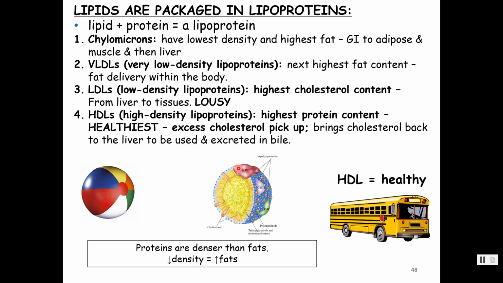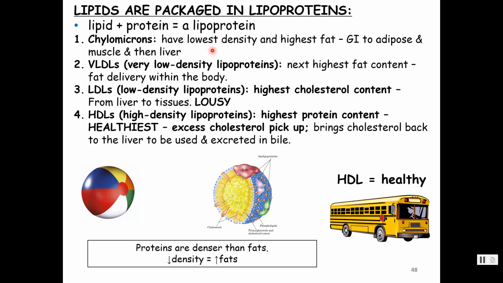That's really it. So we have this bilayer that's got proteins embedded in it, and then it's just stuffed full of fat. So lipoproteins, the chylomicrons, then are absorbed into the lacteals. They're going to go deliver their fat to adipose tissue, muscles, and then they end up in the liver, and then the liver is going to process fats.